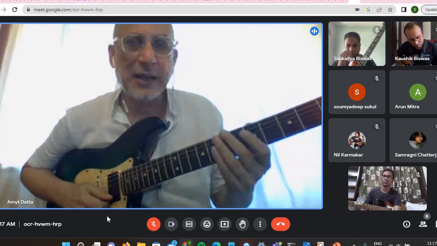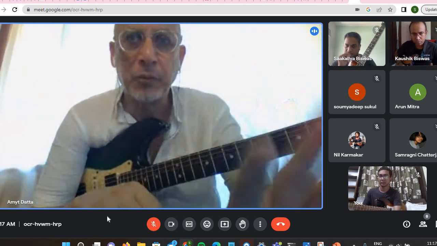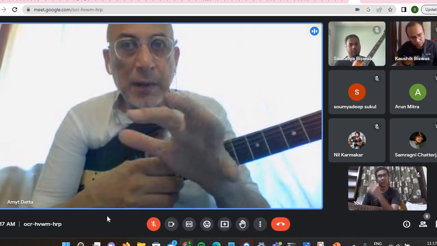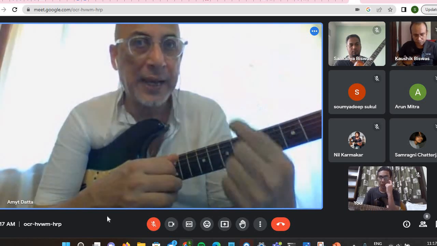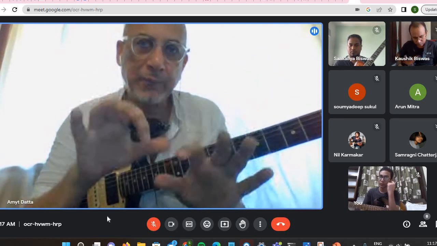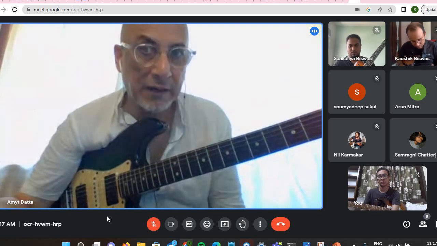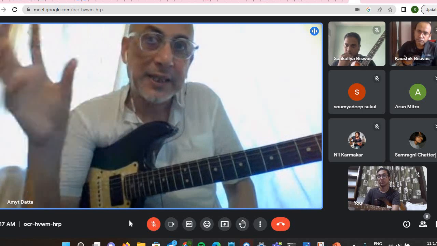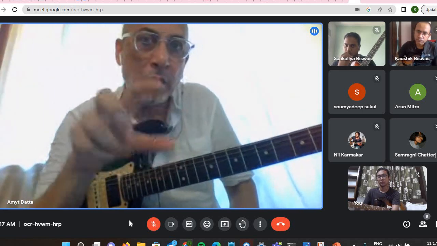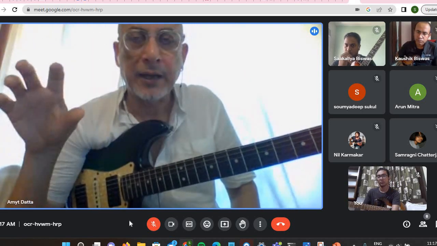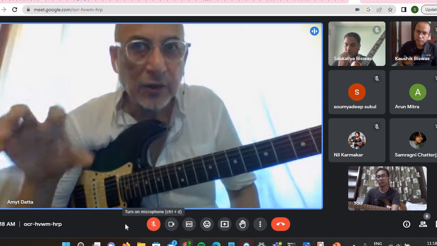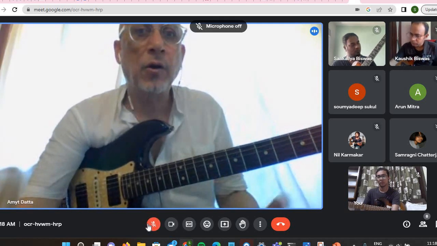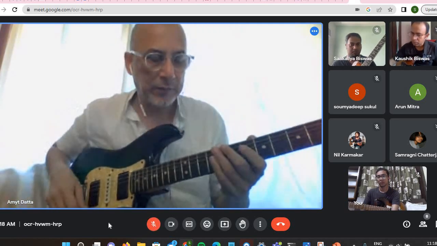So flat 5, that means technically you're mixing Dorian and the blues. So you're taking the flat 5 from that. So you're taking the C minor on top, and then the original chord is A. So A bass with C minor on top is A minor 7 flat 5. And then you suddenly shift your thinking into another scale. We figure out where all I can find A minor 7 flat 5. So it's the 6th degree of C melodic minor. So now you play the 6th degree of C melodic minor, or the melodic minor itself, C melodic minor,